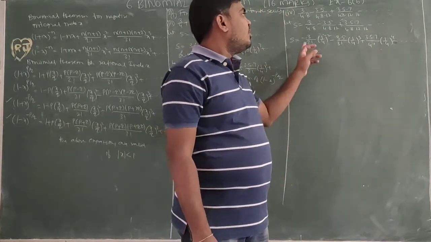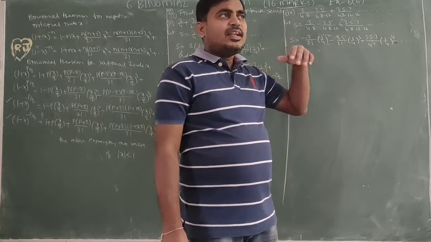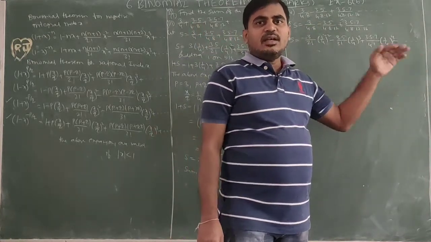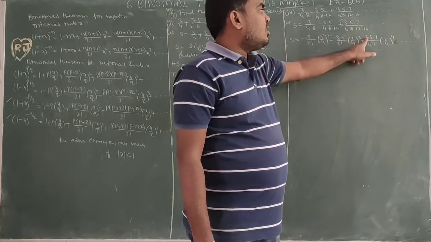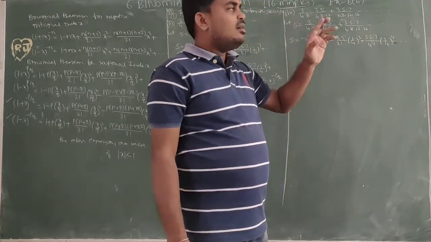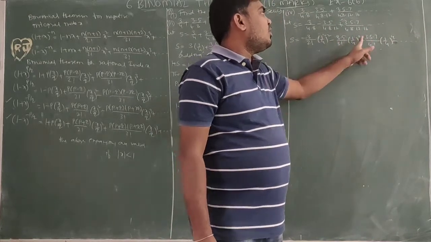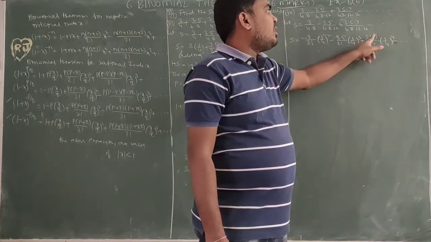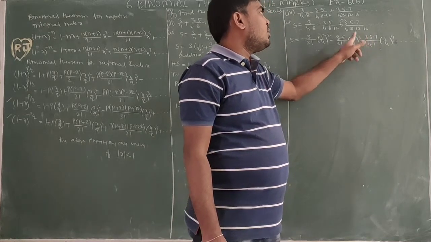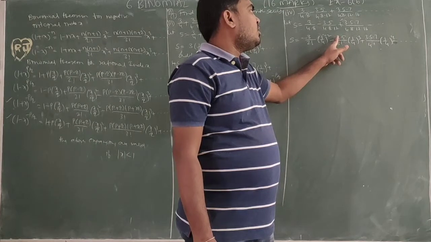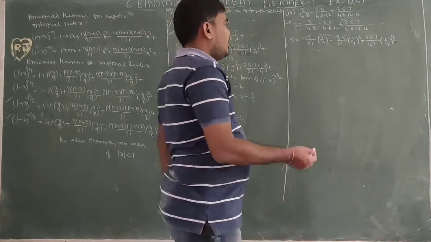If we observe, the difference between the terms in the numerator is 2. It is not possible to add the next number. We need a previous number. 3, 5, 7, the number before the series is 1. So 7 minus 5 is 2, 5 minus 2 is 3, 3 minus 2 is 1. So we are writing 1. If we write 1, there won't be any change.